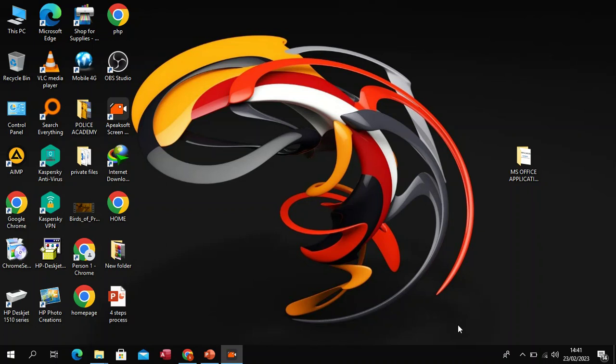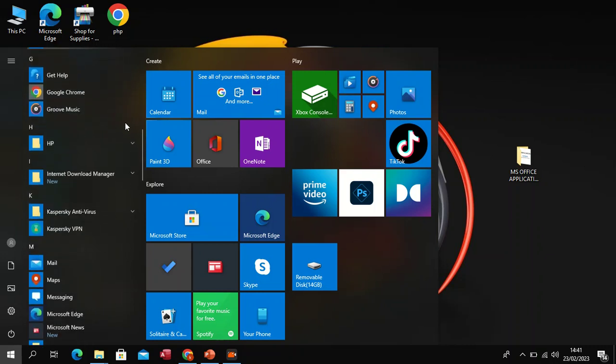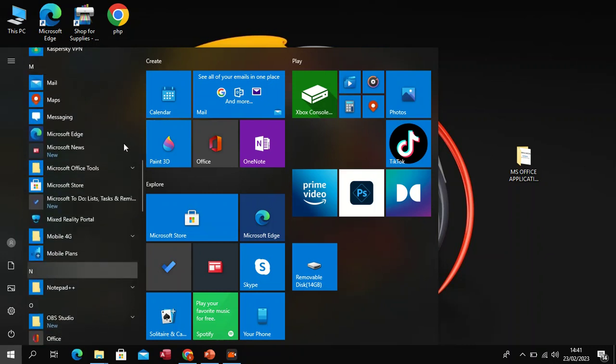Like when it comes to Microsoft Word, how would you get it? There are about 3 ways that you can get Microsoft Word. The first option is you have to come to your start button, and when you press on the start button, you can scroll either up or down